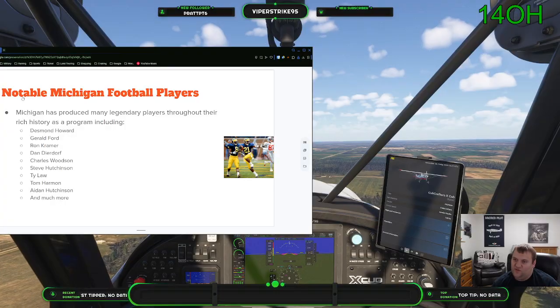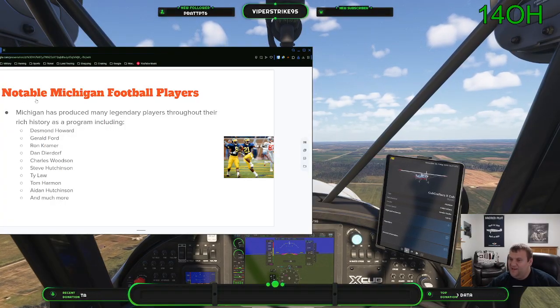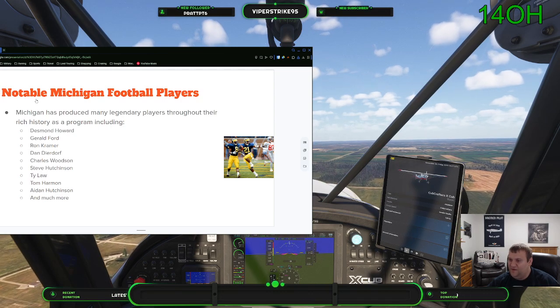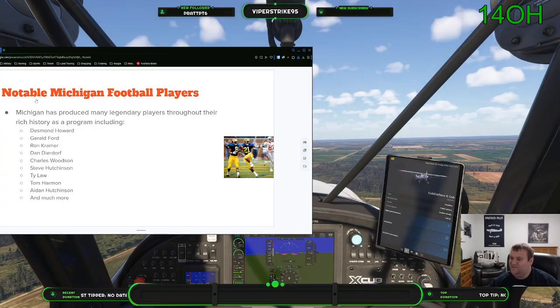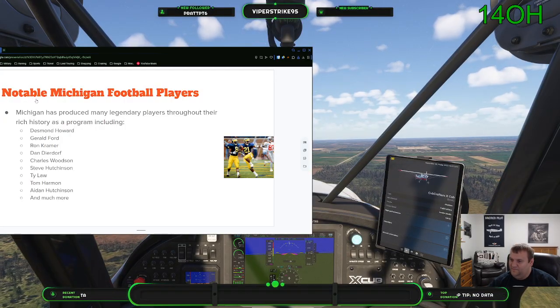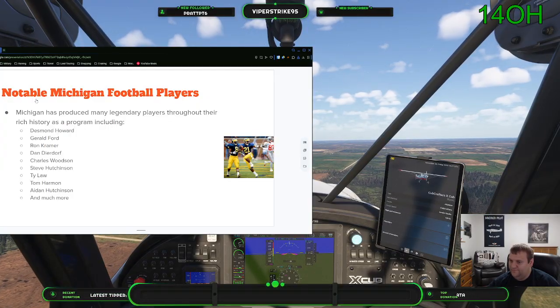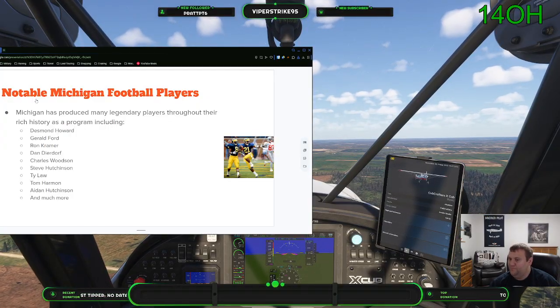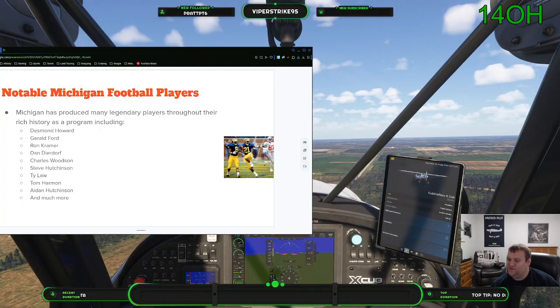He won the Heisman Trophy, and of course he did his famous Heisman pose. That is still a symbol to this day, and everyone did it. Athletes, presidents, celebrities have all done the Heisman pose. It's definitely one of those famous things, and of course Desmond Howard's on this list.